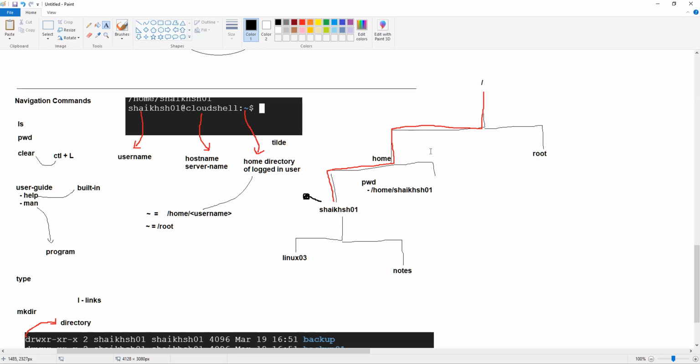So we'll see more about the navigation and more about the commands, because that's what we had these foundational theory lectures for, where we did a lot of theory. But from here on we'll do a lot of labs, and we'll have to do the theory as well, to explain to you how things are working behind the scenes. Okay,